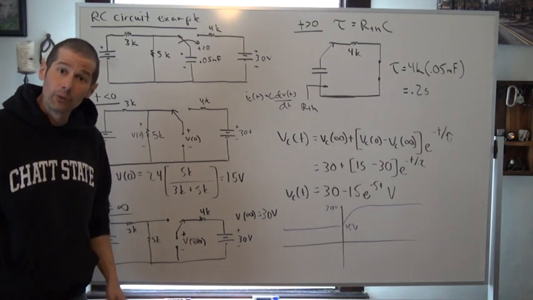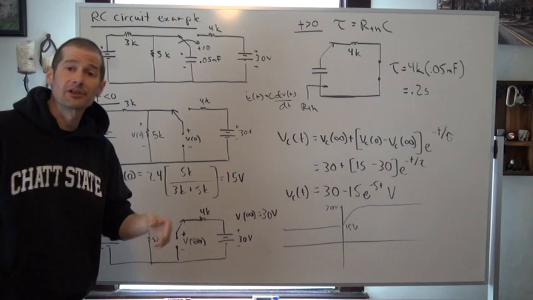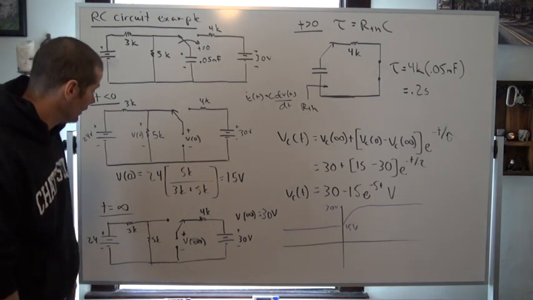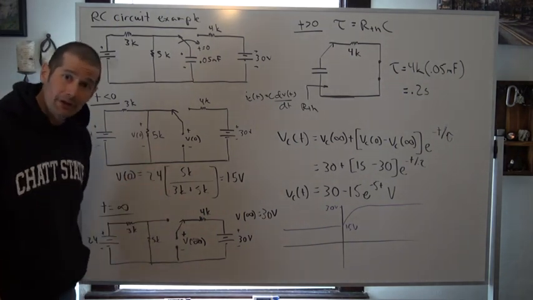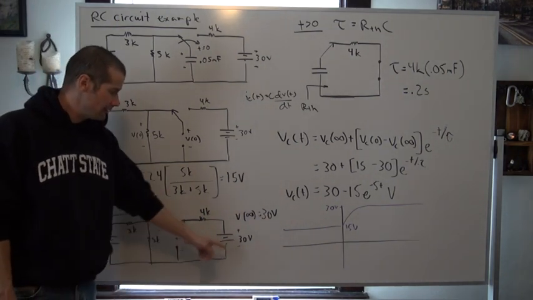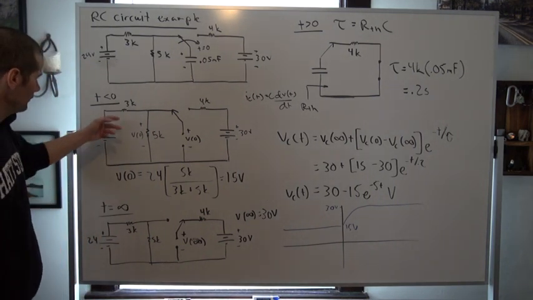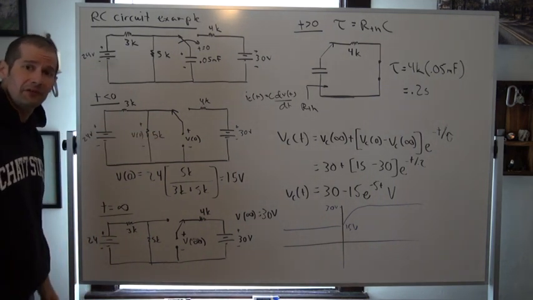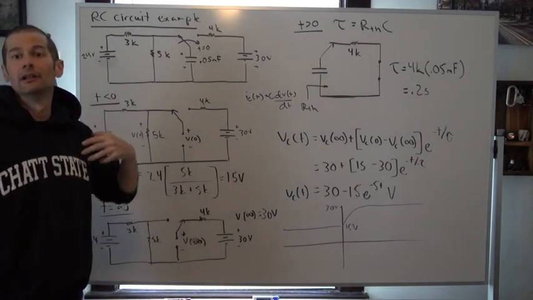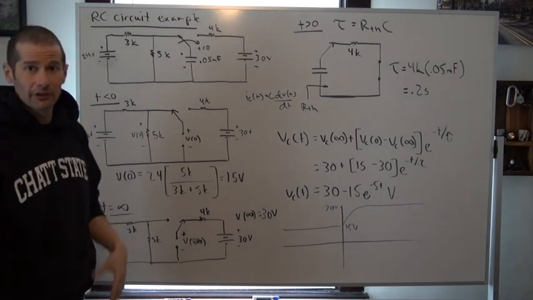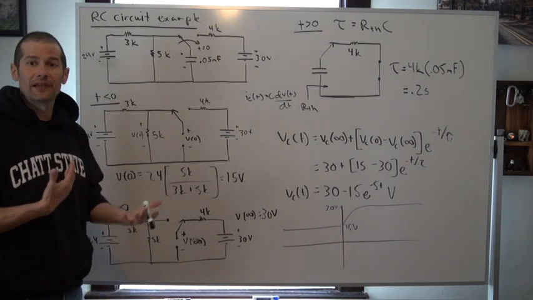Because no current's flowing through that 4K ohm resistor, there's no work being done, therefore no voltage is actually being applied across that element. Therefore, the final voltage across that capacitor is just equal to 30 volts. So, the initial voltage for the capacitor was 15 volts, and then the final voltage was 30 volts, and so then we go through and look at the transient period, because the transient period basically is where we see that change,